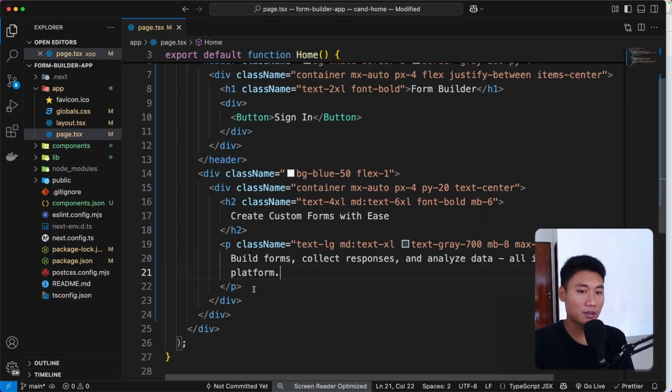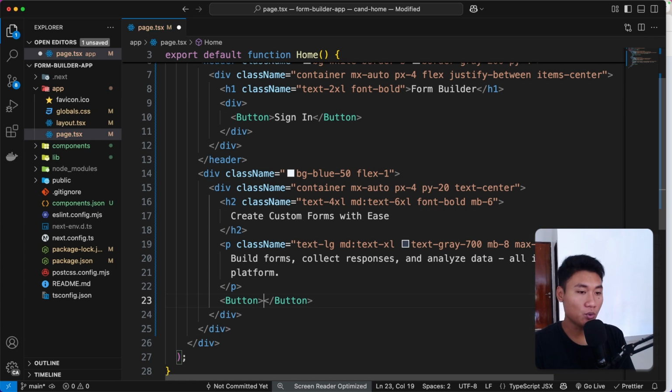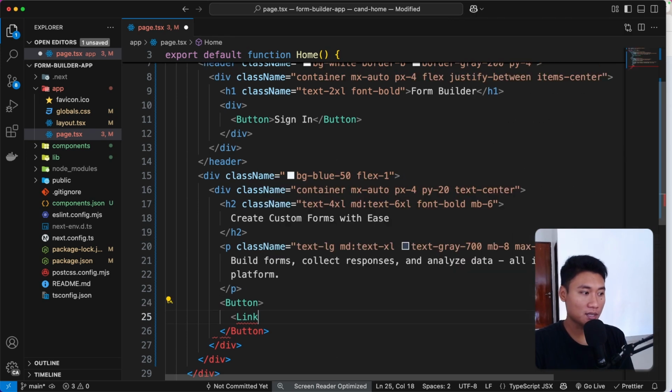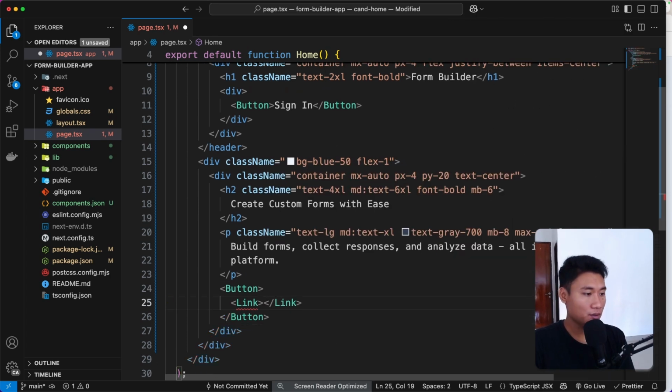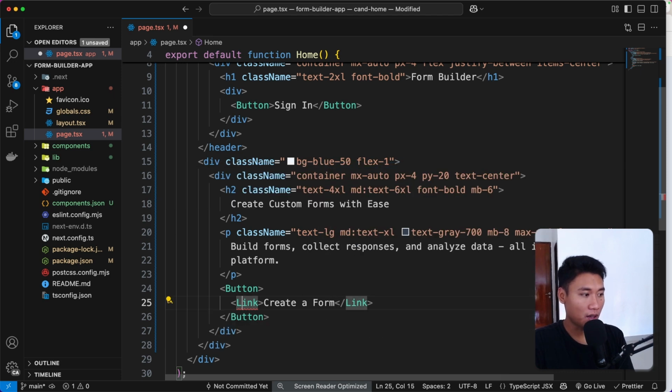And also down here, I'm going to put the button. So this button should come from the UI folder. And then inside here, I'm going to put Link. Link should come from next/link. Then let's say create a form, just like this. And we have href here because this is a link. When I click this link, it should go to the